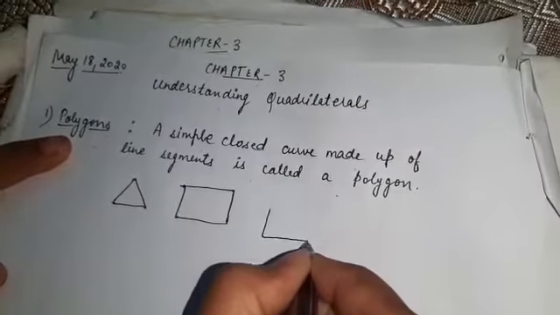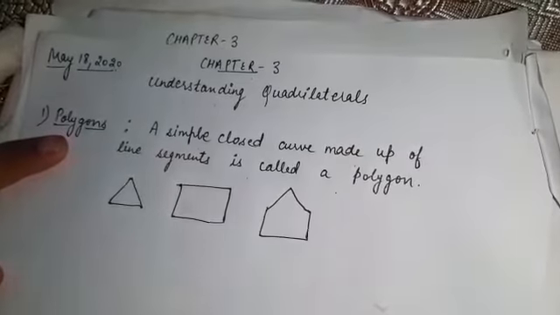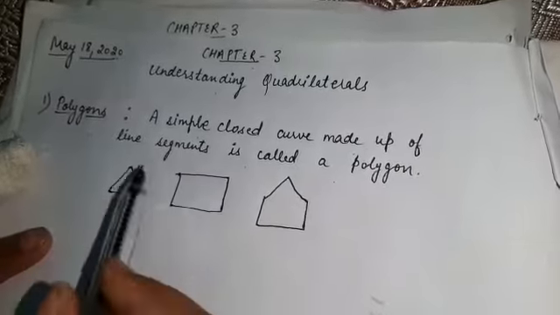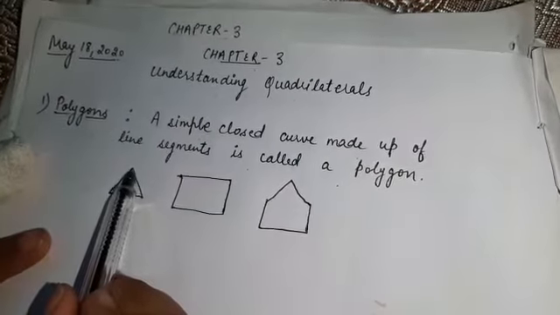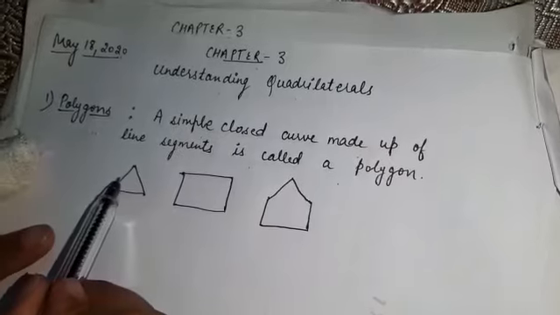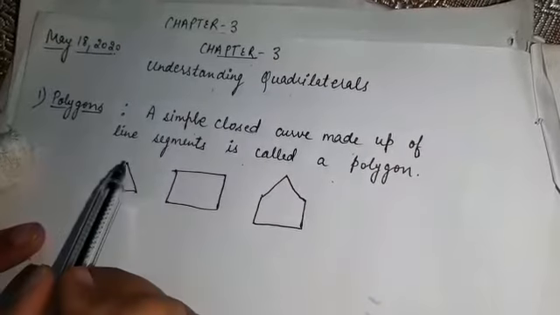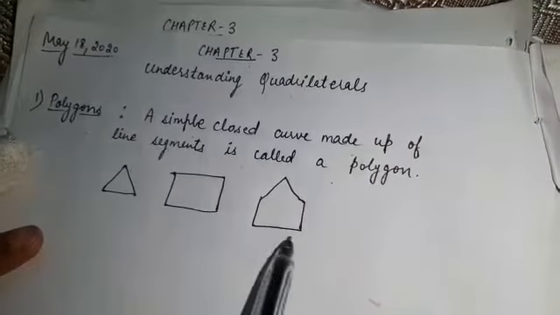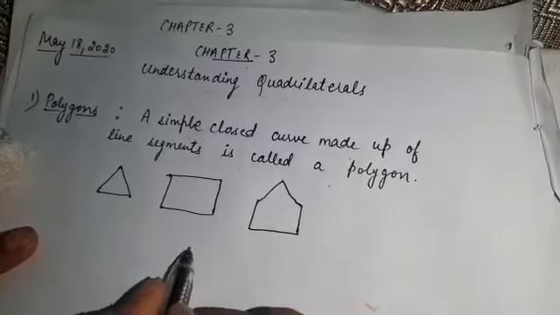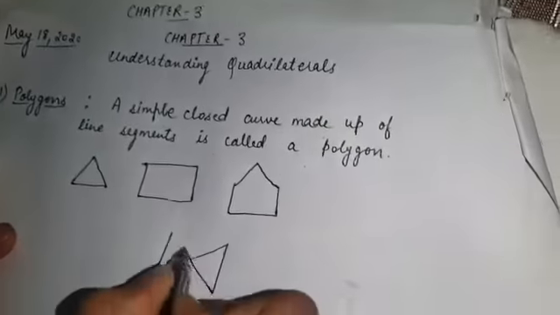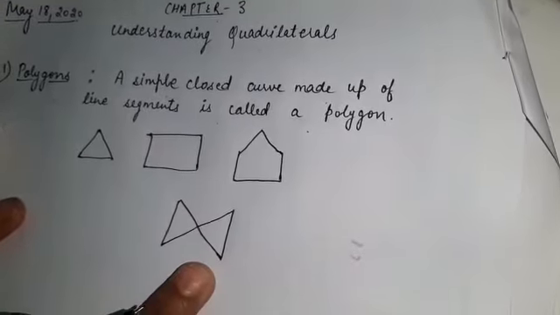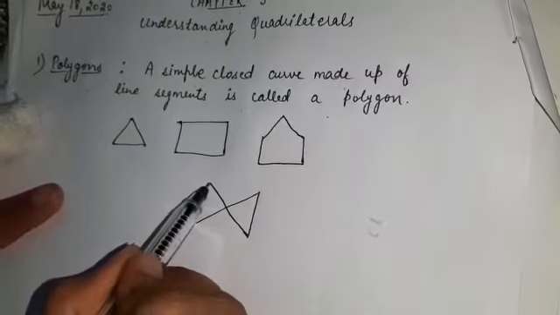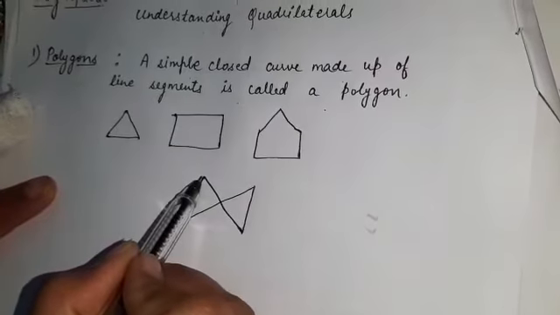Any other example, if I take a pentagon having 5 sides, see these three are closed figures. The starting point and the ending point of all these three figures are same, means the point where the figure starts, it ends at the same point. See, now if I draw another figure, in this figure also the point where this figure gets started and the figure gets ended, it starts and ends